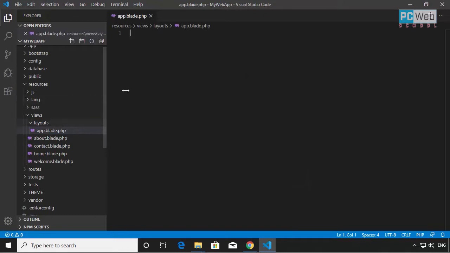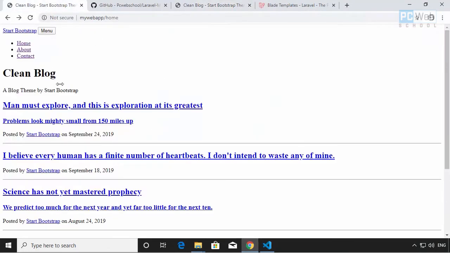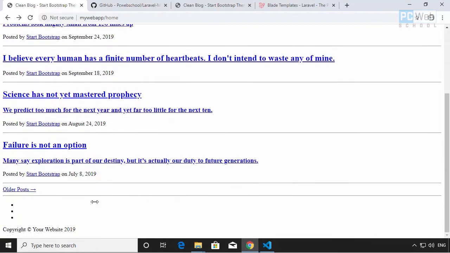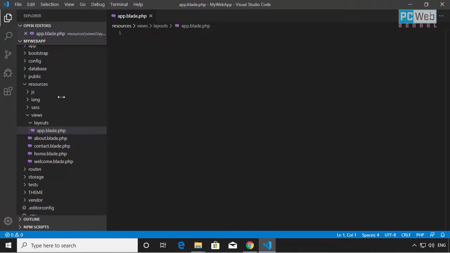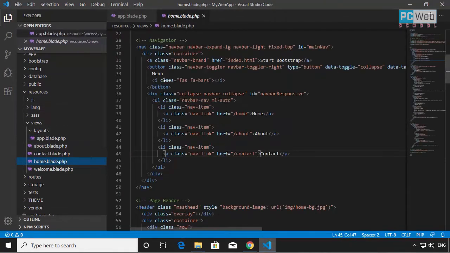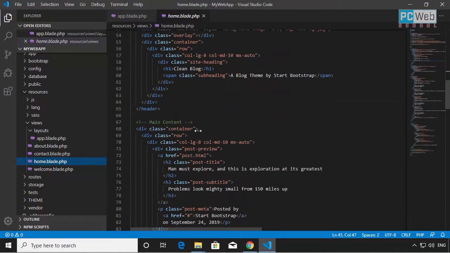Here what I want to do is take the design from the page. We don't have the style now, but we're going to add the style. But I want to take the header and the footer, because they will be the same for all the pages, and I will add them to the layout, and I will show you how this works after. Let me just go to the home, and now I will take the home